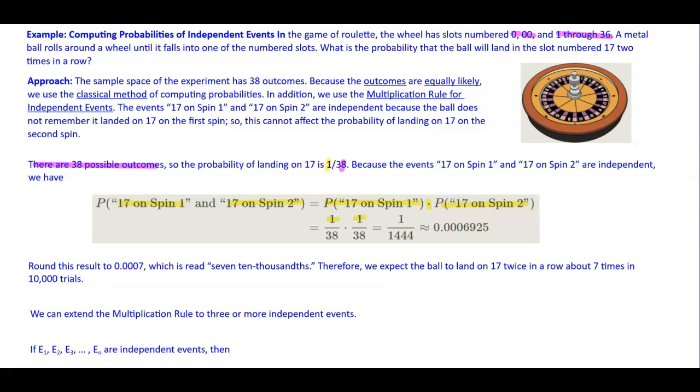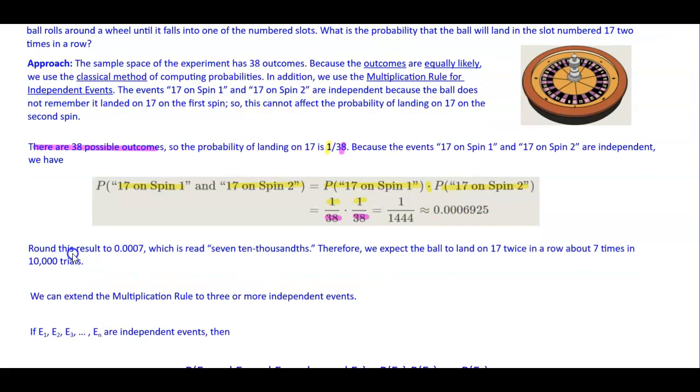So we have 1 in our numerator, and 1 over 38 times 1 over 38 is equal to 1 over 1,444, which is approximately 0.0006925. Now, if we round this to the 10,000th place, we're going to convert that 6 to a 7, so we're going to round this result to 0.0007, which is read